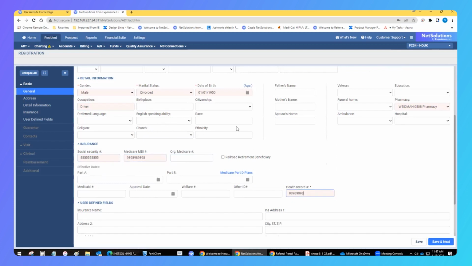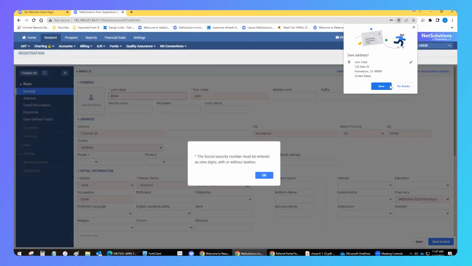All of these other things will track the information. They can enter it in. For this purpose right now, I'm just going to put in the required ones, some spots. Once I get this section done, all the sections are listed down the side, on the left side. They can hit save and next, and it will take me straight